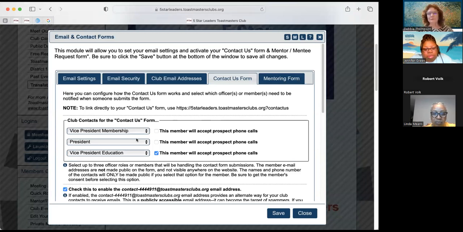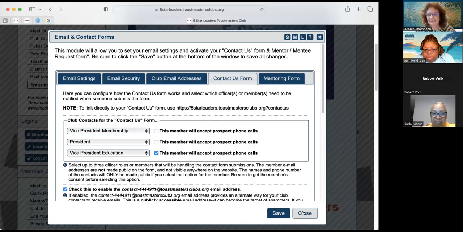Phone numbers are optional, but it goes behind the scenes and does the, for a better word, calculation. It says you want it to go to the VPE. The VPE is Debbie Thompson, and I set that up in membership management. Debbie Thompson's email is this. So it's translating behind the scenes. The person who contacts you would never know.